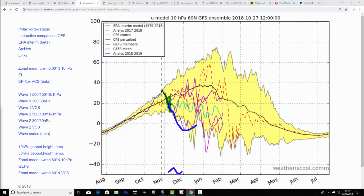If that came off, we would see a strong blocking signal, I think, setting up to the north of the country. The CFS may even be going for some sort of sudden stratospheric warming event taking place over the Arctic, which is very rare and unusual in November. The other